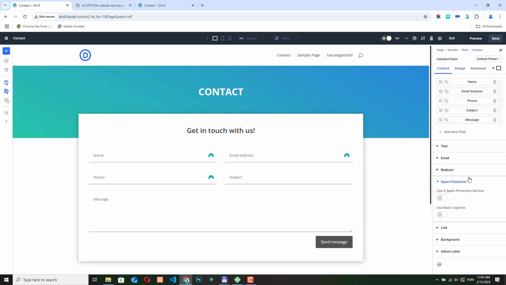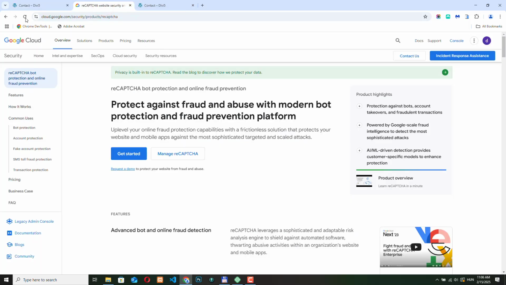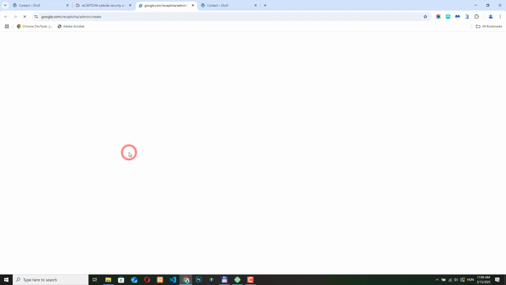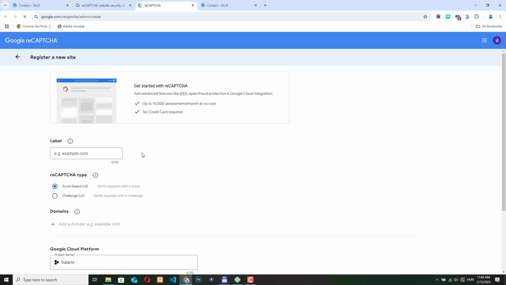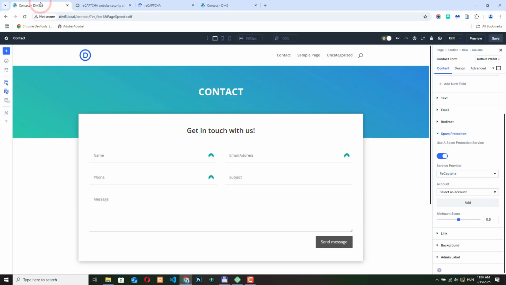The spam protection option, here you can enable the basic CAPTCHA, or you can use Google's reCAPTCHA if you want. If you want to use the Google reCAPTCHA, you need to go to this address, log in with your Gmail account, click Get Started, and here you need to add your domain name, select the CAPTCHA type, and then here you need to add your domain name again. You need to add a project name, and then you just need to click the Submit button, and you will see